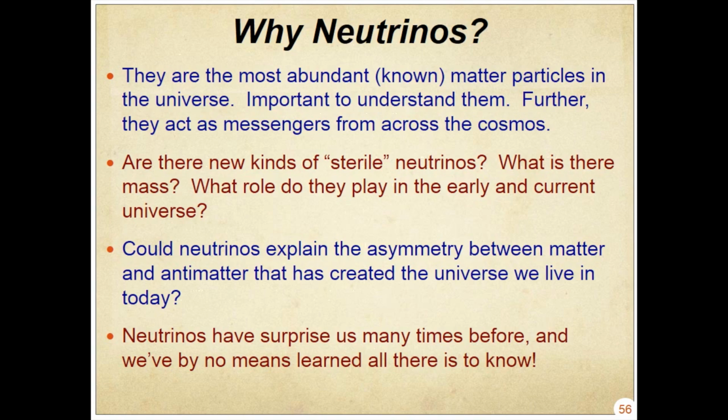And that's sort of an embarrassing thing to not be able to understand from a particle physics point of view. We really understand what happened in the tiniest fractions of a second after the Big Bang when the universe started, except how it evolved so asymmetrically and isn't just a giant sea of photons, basically, which is what matter and antimatter would do when they annihilate. So that's a fundamental question that we have. We've looked a lot of places in physics for an answer. One of the places we haven't been able to look yet is with the neutrinos, and so that's what we want to do with some of the next round of experiments. And then, of course, do they have surprises for us? Because, as I'll show you, there have been a few along the way.